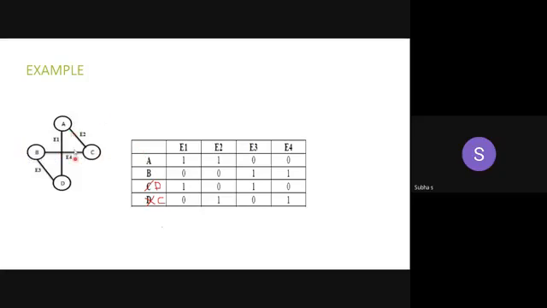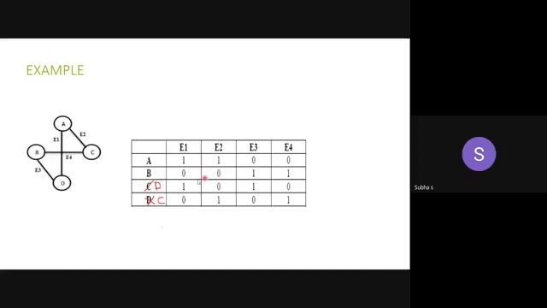Okay, so now we have to check the vertex with the edge. Now look at A. How many edges are incident on A? This is for an undirected graph, so you can refer to it. How many edges are incident on A? 2 edges, E1 and E2. Yes, in this diagram it's clear. E1 and E2 are incident on A. So make it as 1 for the corresponding values E1 and E2. There are no edges E3 and E4 from A, so make it as 0.